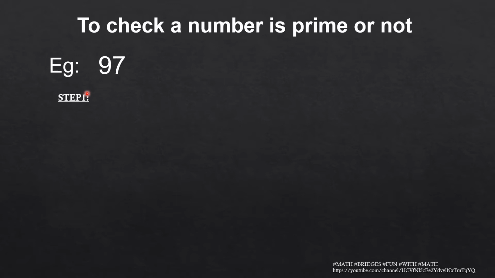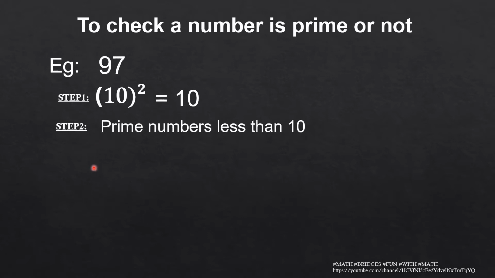That's the first step. Step 1. The square number we are considering is 10 10s are 100, which means 10 square. Here we will consider only 10. First you write the square number and we will consider only 10. The next step is we will write all the prime numbers which are less than 10. So less than 10, what are the prime numbers? It is 2, 3, 5 and 7.